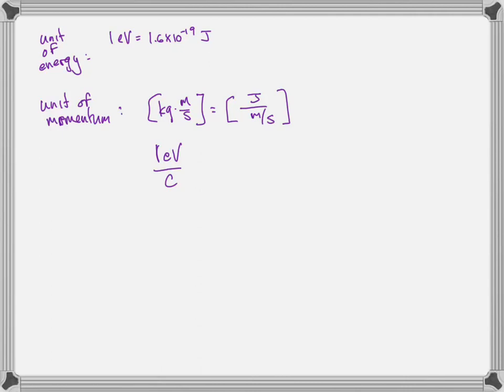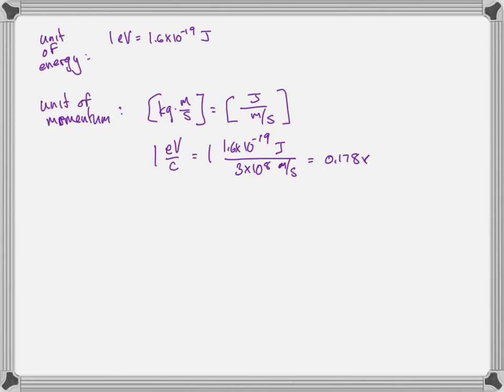Let's just see, because that is a momentum unit because it's an energy over velocity. It's just a convenient momentum unit. And let's just see what that is in MKS units. 1 eV per c, that's a unit of momentum, is equal to 1 times 1.6 times 10 to the minus 19 joules divided by 3 times 10 to the 8th meters per second, which is